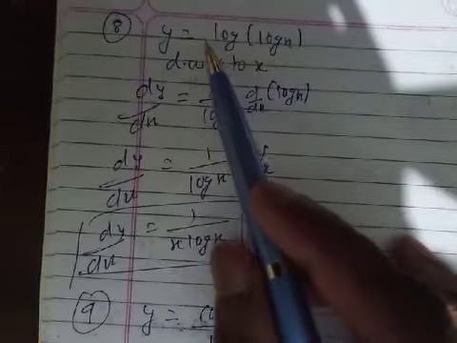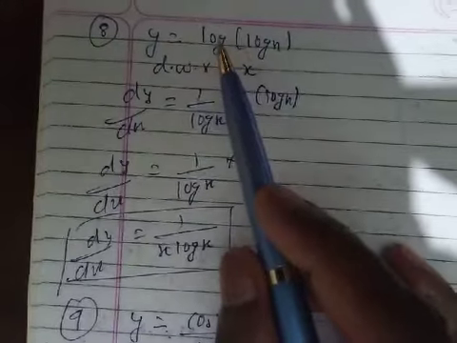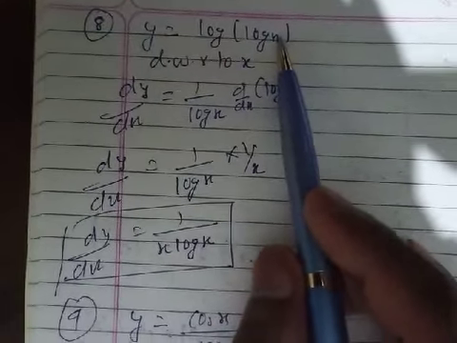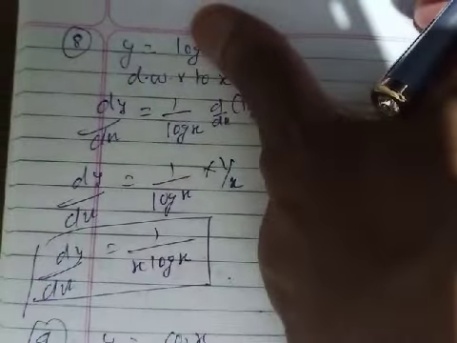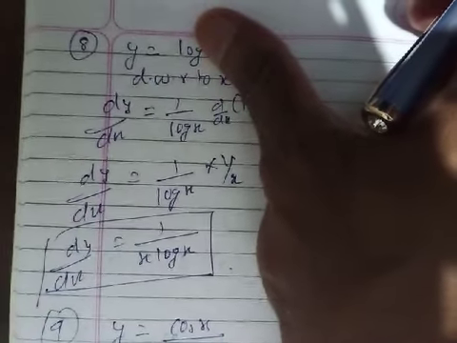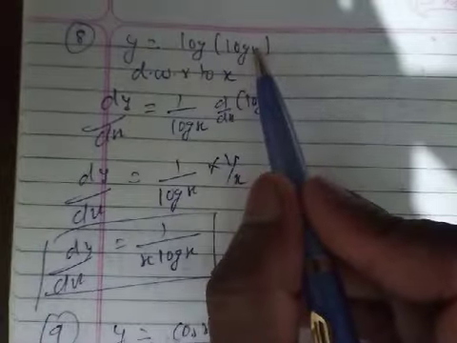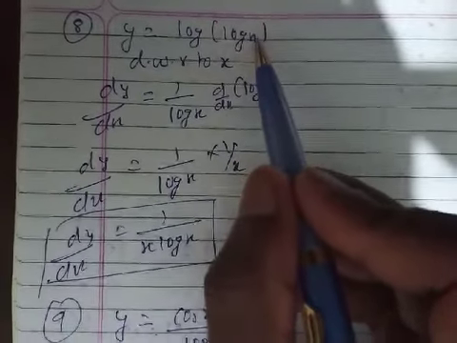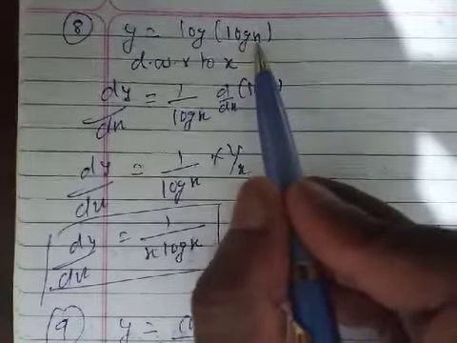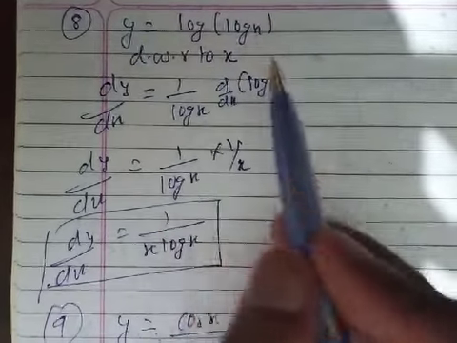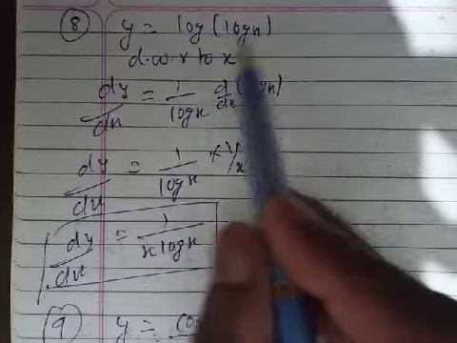In this kind of sum, when you look, first you think how many times you have to take the derivative. First see log. This you keep as x. So first with respect to log x. But in place of x is what? Again log x. So again you have to take the derivative with respect to log x inside. So 1, 2. So at least a minimum of 2 times you have to take the derivative.